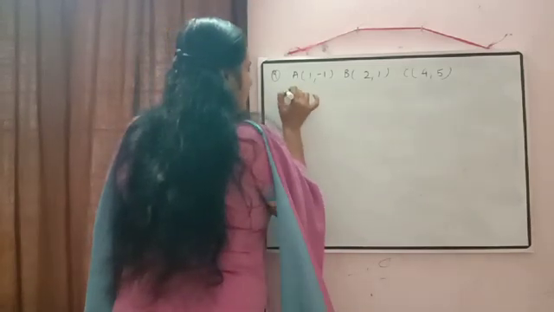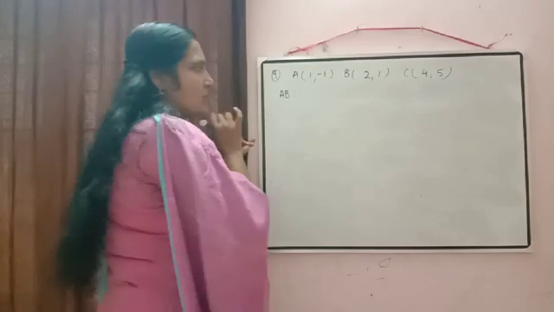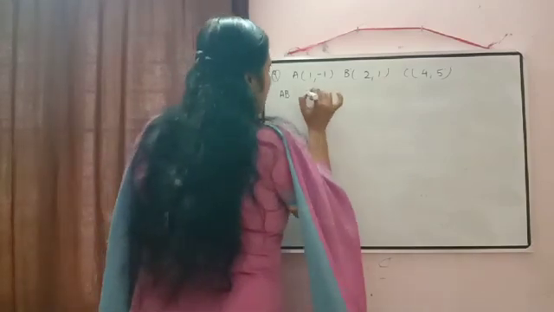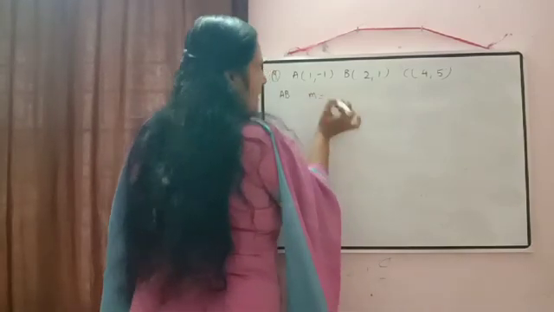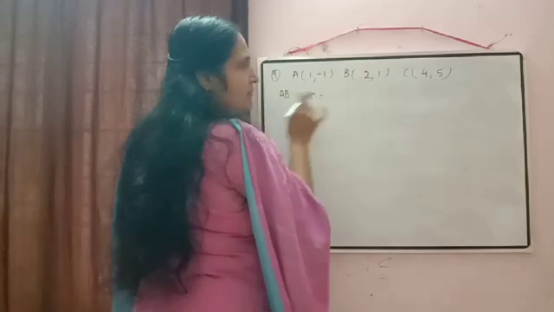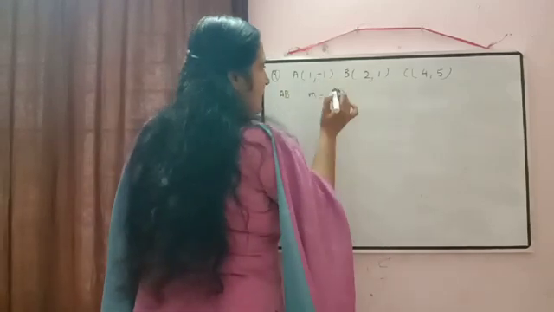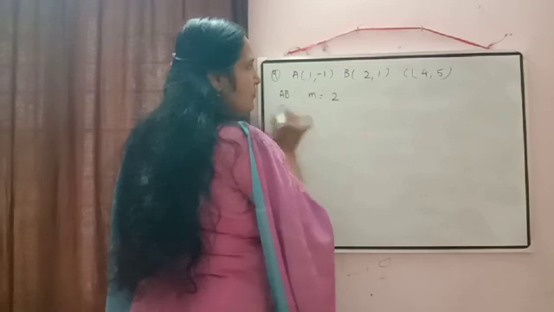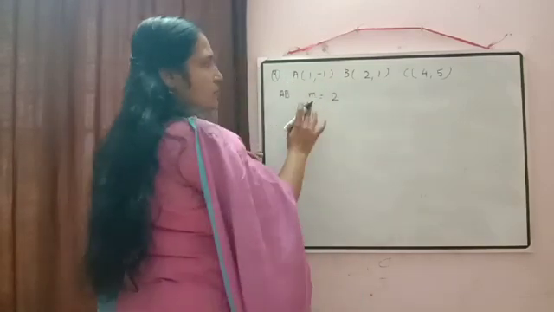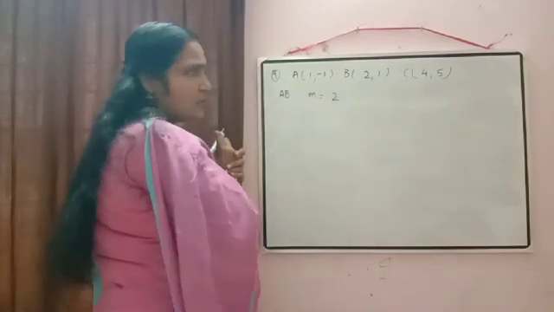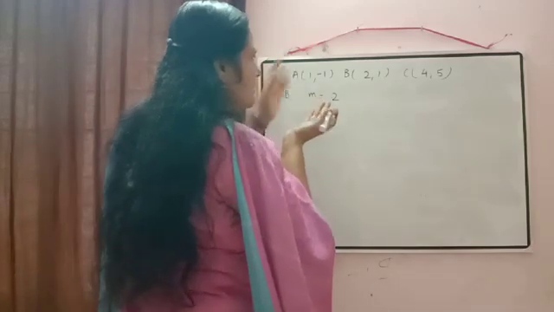So first I am calculating the equation of AB. To calculate the equation of AB, we need the slope. So m is equal to y2 minus y1 over x2 minus x1, which is 1 minus minus 1, that is 2, by 2 minus 1, that is 1. So we got the slope is equal to 2, and AB passes through the point A.